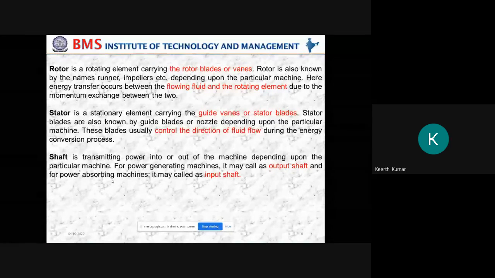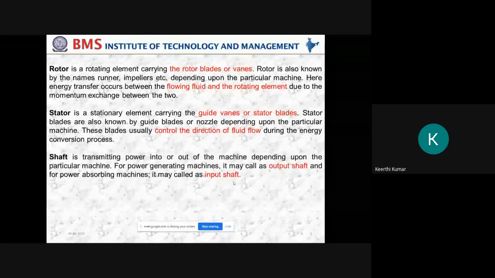So in the power absorbing machine, we are going to call the shaft the input shaft. Why is it called the input shaft? Because the power is given to the machine, or power is input for the machine, with the help of the shaft. So the same shaft is named input shaft. And in power generating, we are taking out the electricity, so it is called the output shaft. In both cases you cannot differentiate the shaft by seeing it, because in both cases the shaft is a round part. But depending upon the working, we name it input and output shaft.